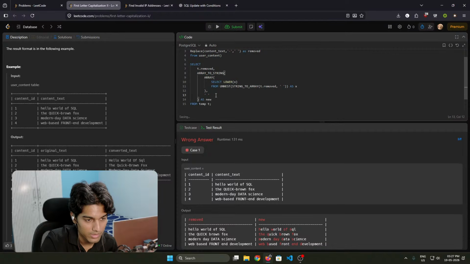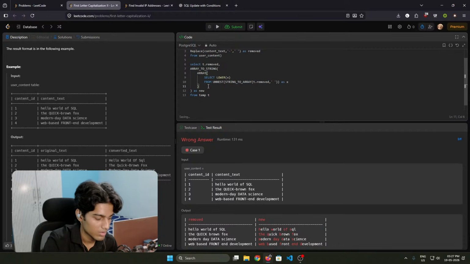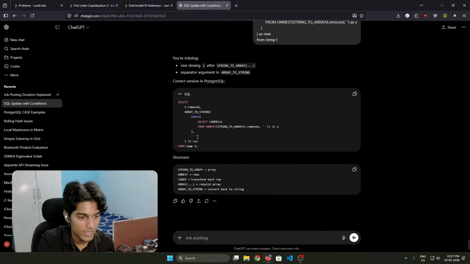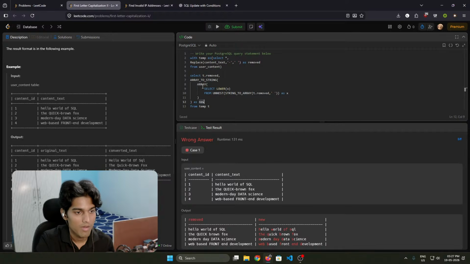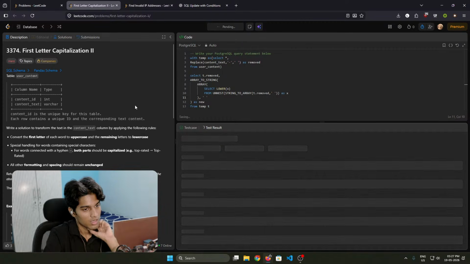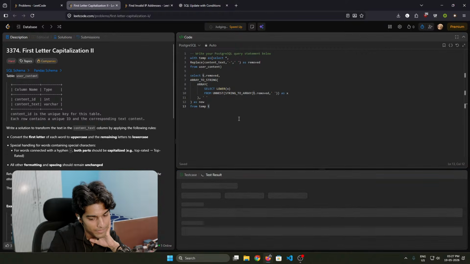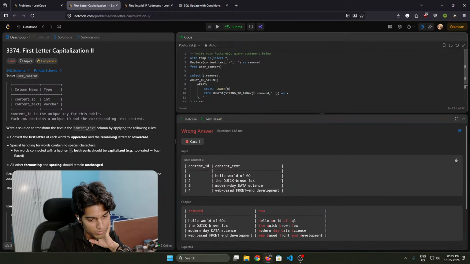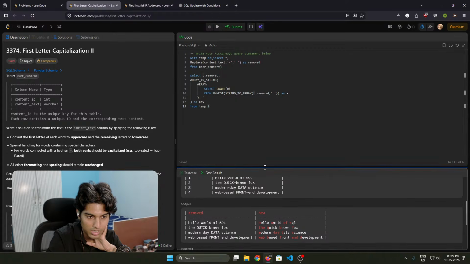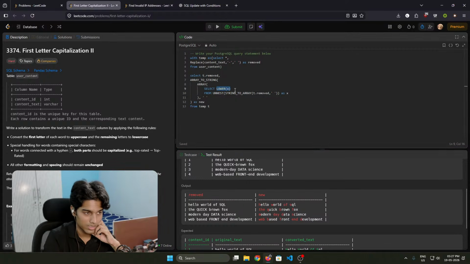You also have a space here. What do we have? Okay. So everything is now lowercase, but I want to extract the first letter. So I want to select